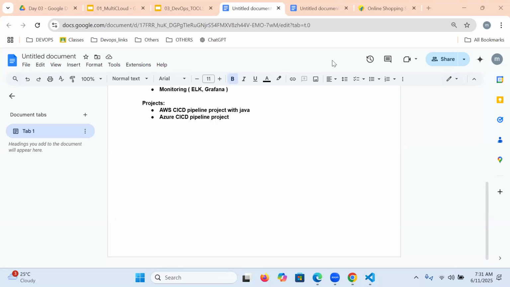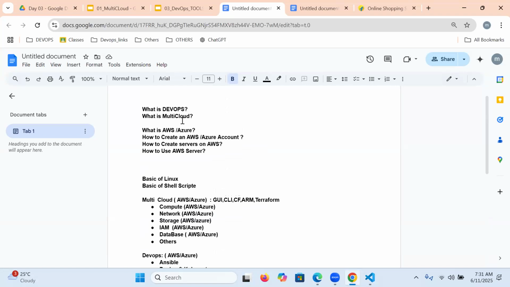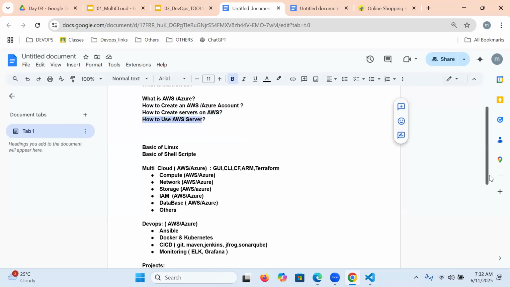Is it clear? What is the agenda? Shall we move forward? Fine. Today, let us try to create an AWS account. We can't create both an Azure account and an AWS account at a time, so for today let us experience the AWS part. How we are going to get into AWS, how to create a server. Let us experience it, guys, please, for today.